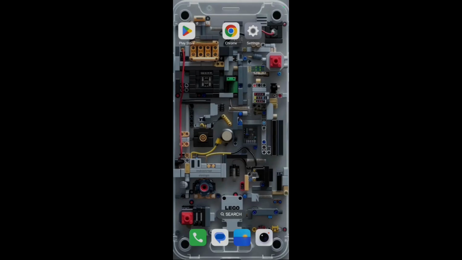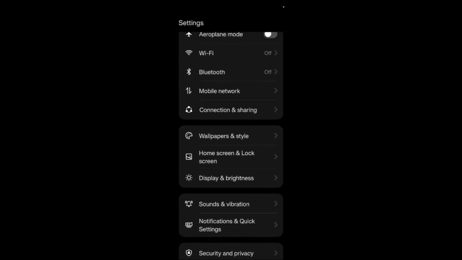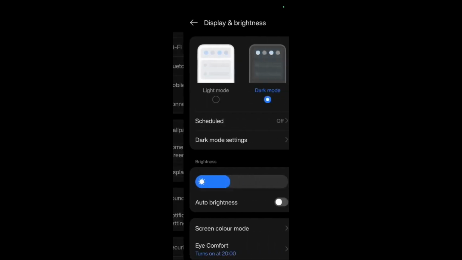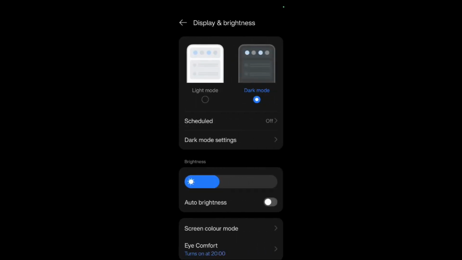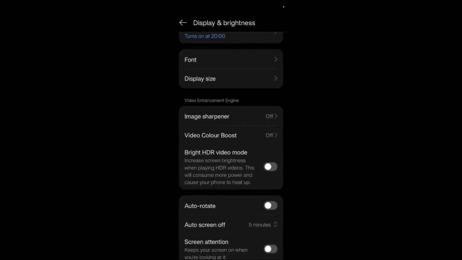simply go to the settings of your Android device. You can do so by tapping onto the settings icon, and once you are inside the settings, simply scroll down until you see this setting that says display and brightness. So simply click onto this display and brightness option and keep on scrolling until you see this option that says